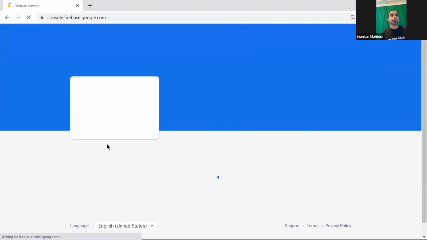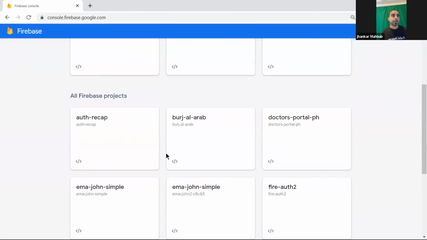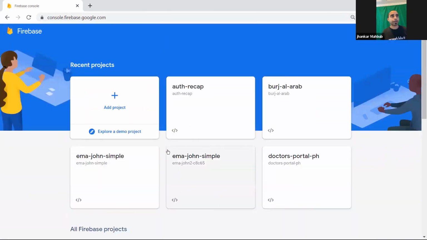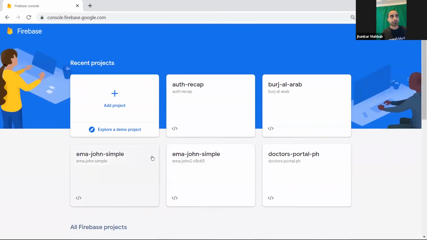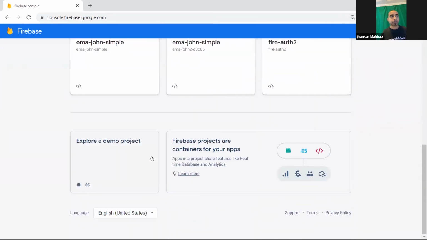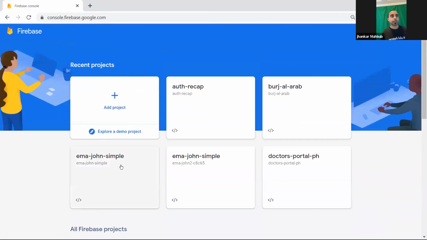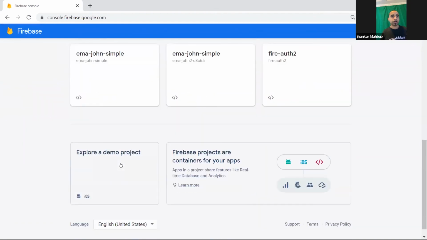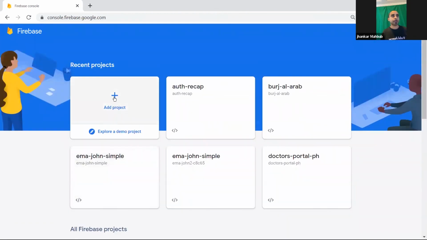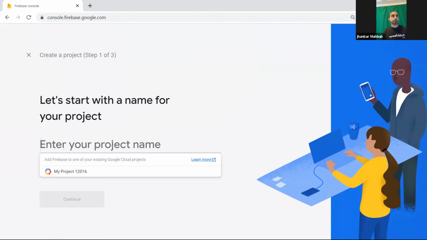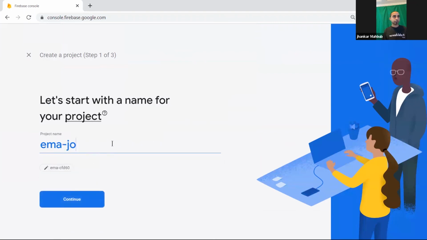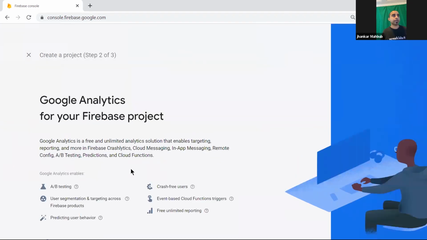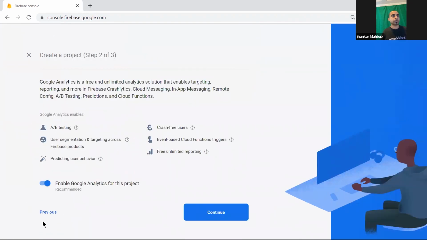And then it will have a bunch of projects. You can have all Firebase projects, recent projects that you use, and they have a limited number of projects that you can do. So let me try. Maybe I can create another one, Amazon Fun. So this is the Amazon Fun that we're creating, and it will give you some things you want to do.